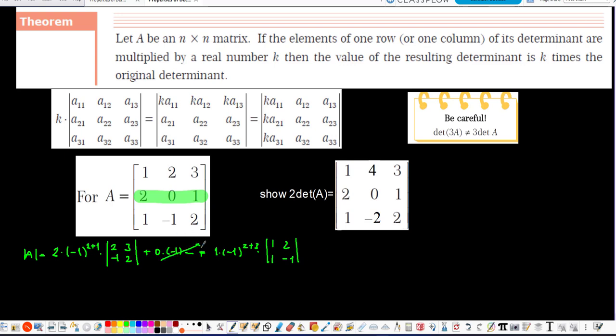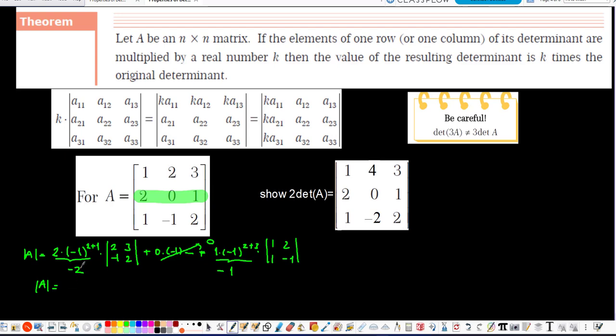So this part was equal to 0, and this is going to be equal to, since the power is odd, the result is going to be negative, and minus 1 times 2, it's going to be equal to minus 2. Here it is the same, the power is odd, so it's going to affect negative, and this is going to be minus 1. So the determinant of A, it's going to be equal to, here,